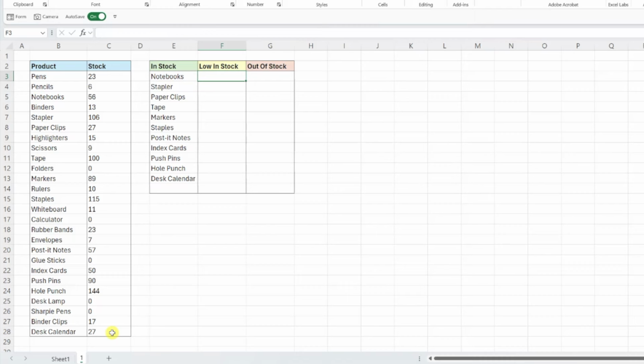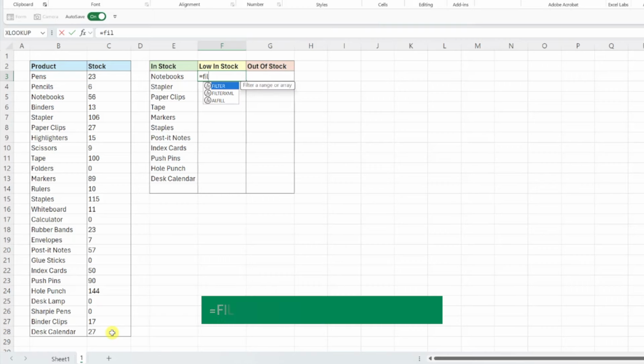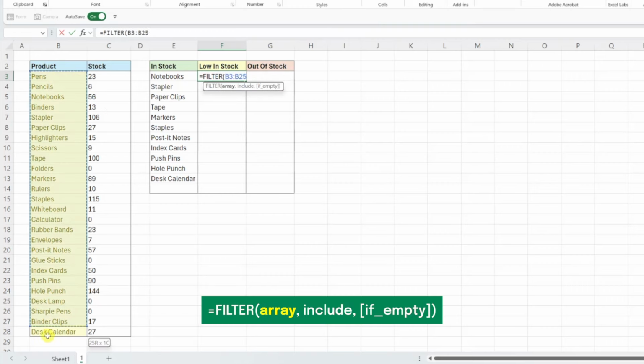Next, let's tackle the low in stock list. We'll use the same formula, except this time update the criteria to include values that are less than or equal to 25 and greater than 0, because products with 0 stock will fall into the out of stock list. So let's go ahead and enter the filter function, select the product list as the array argument, and lastly, enter